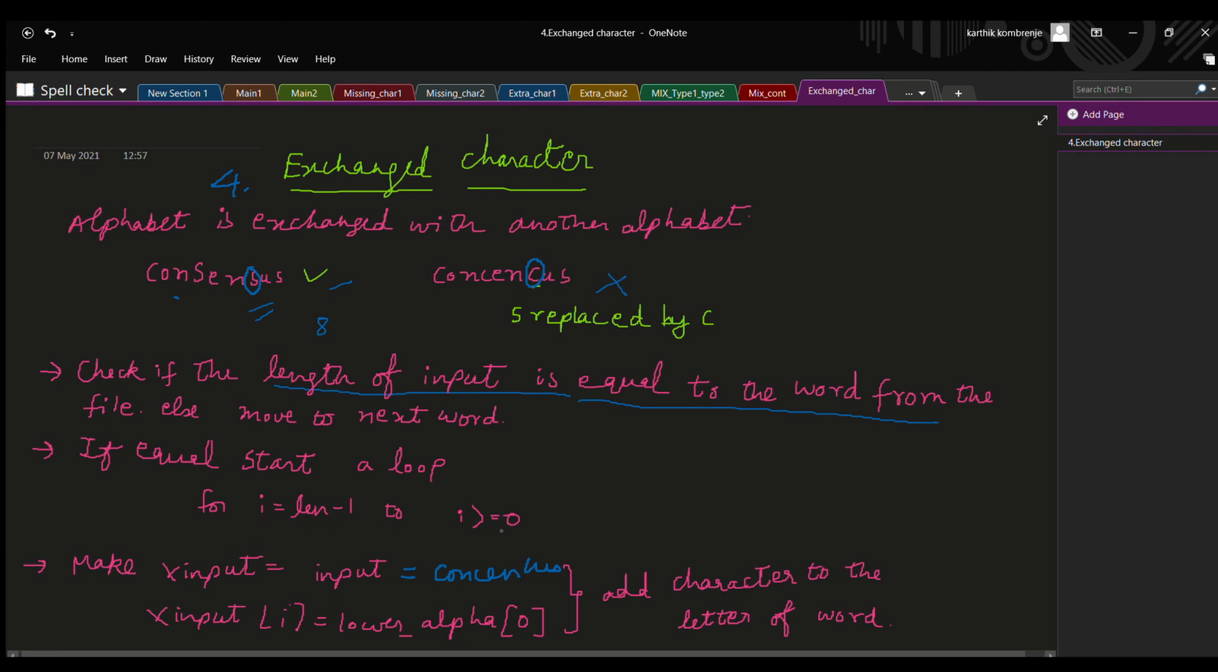Start a for loop for i equal to len minus 1 to i greater than or equal to 0. Then we make x_input equal to input. What is the input we have given? "Concencus", that is the wrong spelling. So what do we do? Make x_input of i equal to lower_alpha. That is, we will make it,